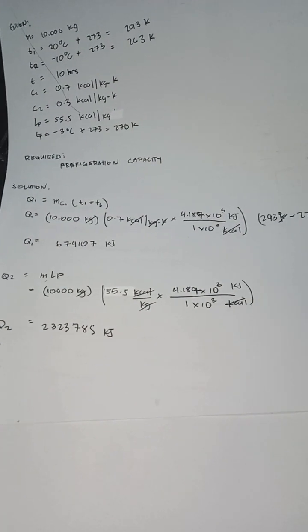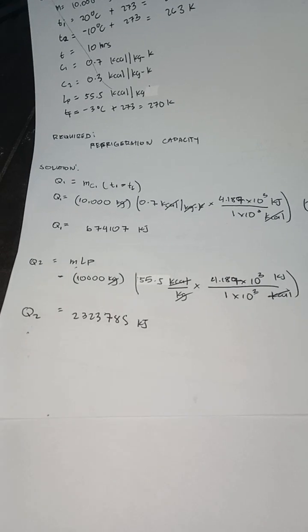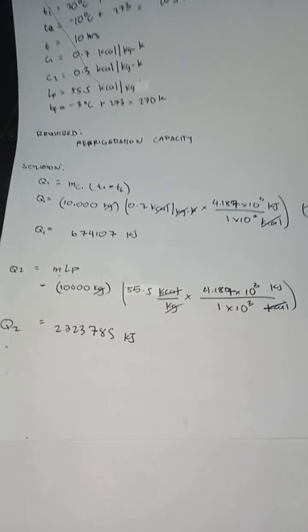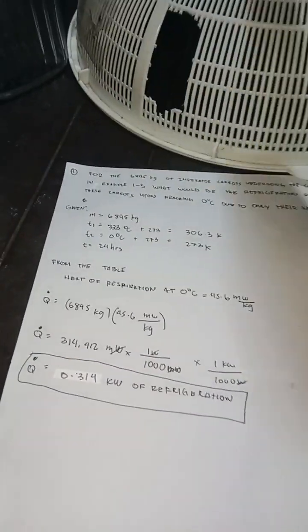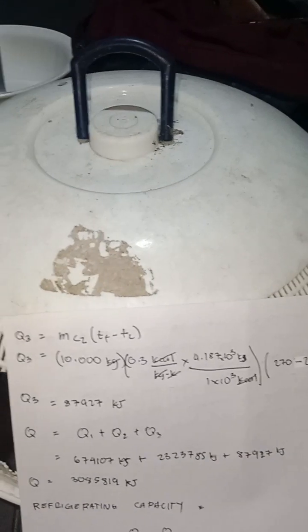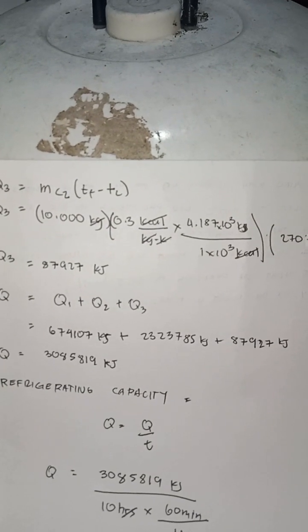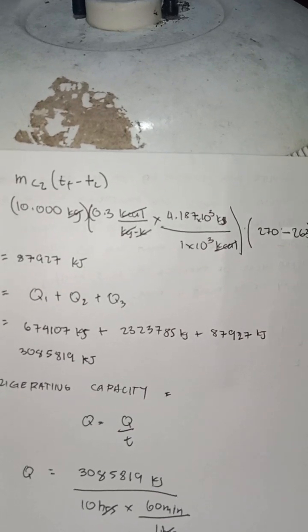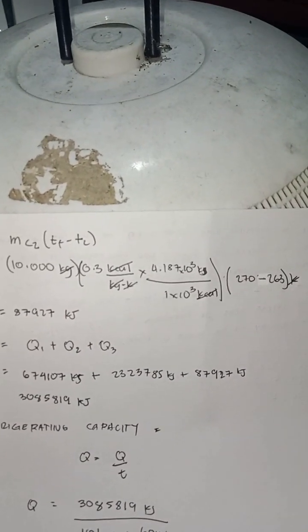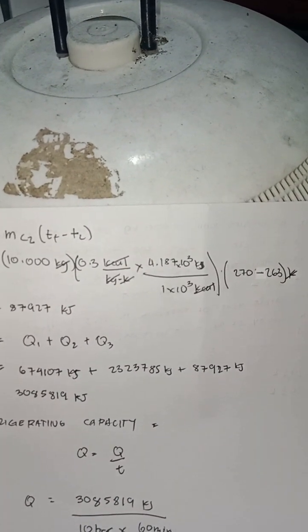Then cancel the like terms. The answer is Q2 equals 2323785 kilojoules. So the Q3 equals MC2 times TF minus T2. Substitute 10,000 kilogram times 0.3 kcal per kilogram Kelvin. Convert, times 4.187 times 10 raised to the power of 3 kilojoules over 1 times 10 raised